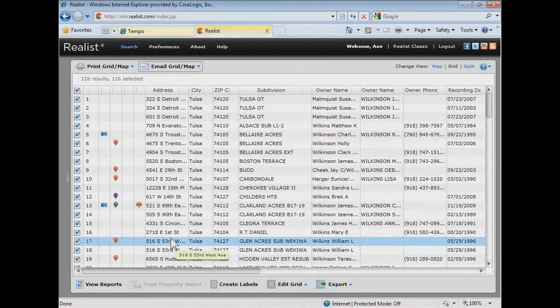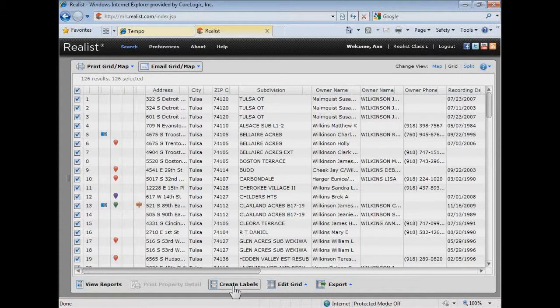Okay. And then the next couple options down here, labels and export. If you want to create mailing labels or if you want to export this data out to a spreadsheet, this is how you'll do it. It works a little differently than it did in Classic, whereas you're not going to have the separate export manager to go to. So when you do your labels and when you do your export, it just works right there